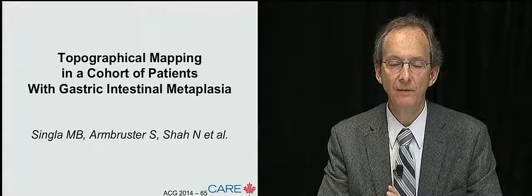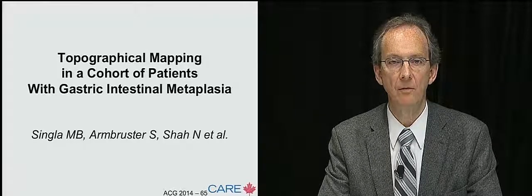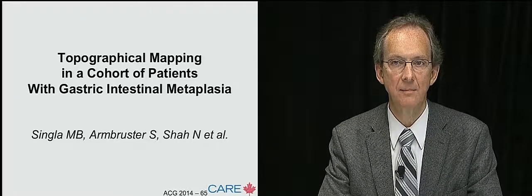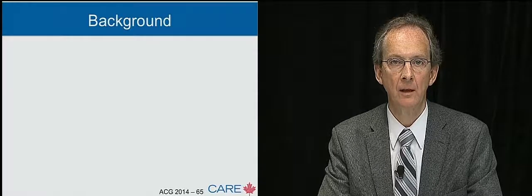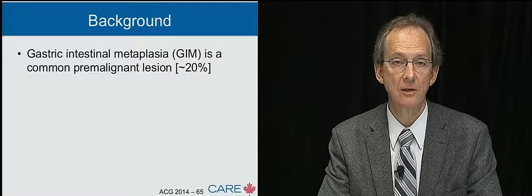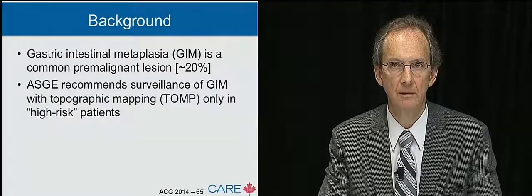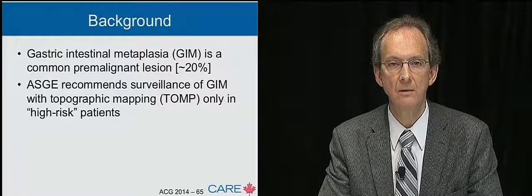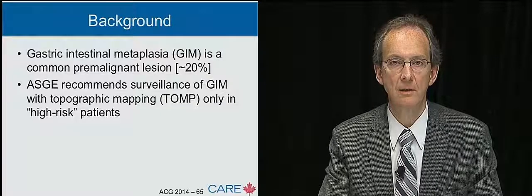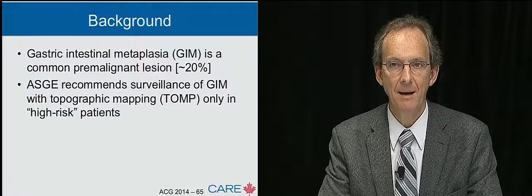So moving on from reflux, the next topic that I wanted to address was the role of screening or surveillance in patients with gastric intestinal metaplasia. The background to this is that gastric intestinal metaplasia is actually a common lesion and it is recognized to be pre-malignant. The American Society of Gastrointestinal Endoscopy recommends surveillance of gastric intestinal metaplasia, or GIM, with topographic mapping only